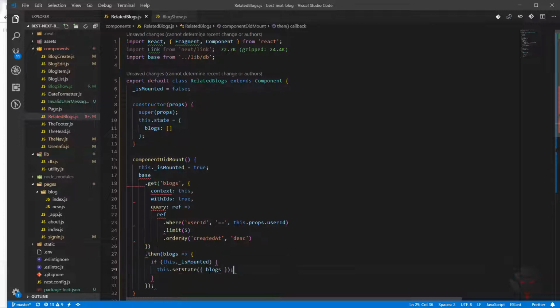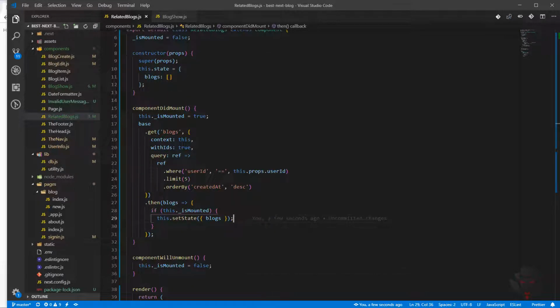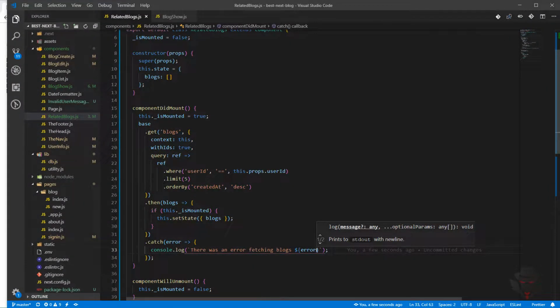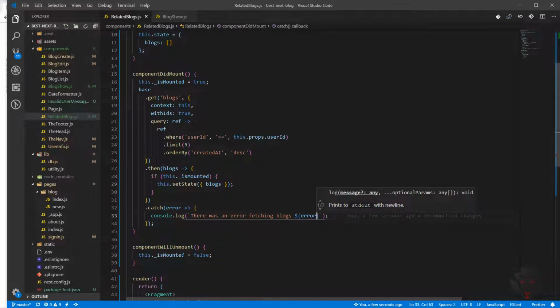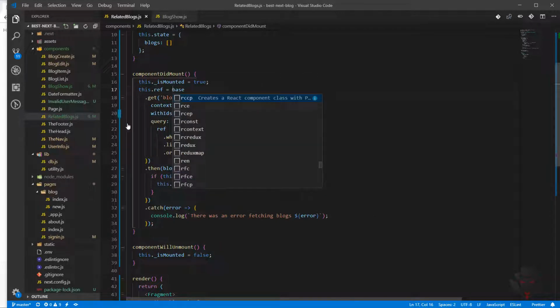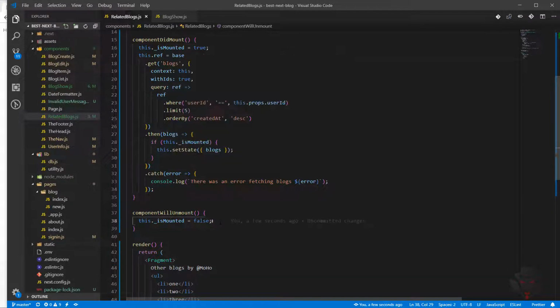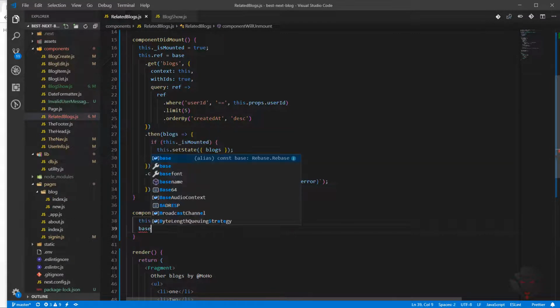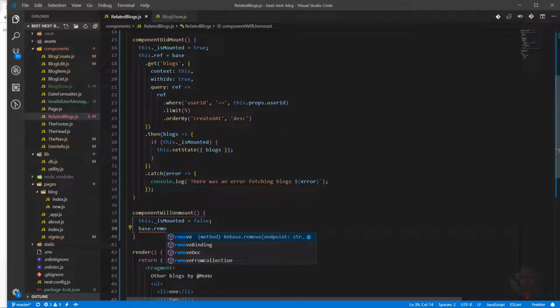So we're going to pass the blogs. So now that we have the blogs, we can also catch the errors if you want. And we need to just in a component will unmount, just remove the binding from rebase. So we are going to say this.ref, it will be a base, and also in the component will unmount, we can say base.removeBinding